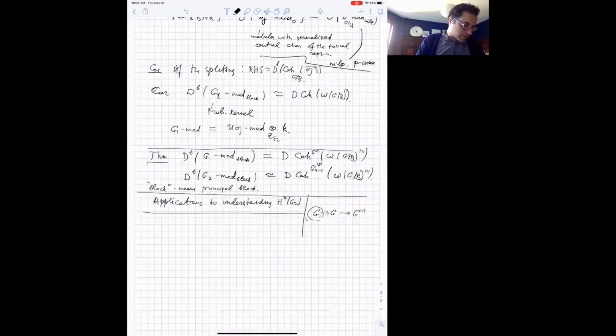But what I want to talk about is a different picture. So this connects to things in geometric Langlands. And so I will need to